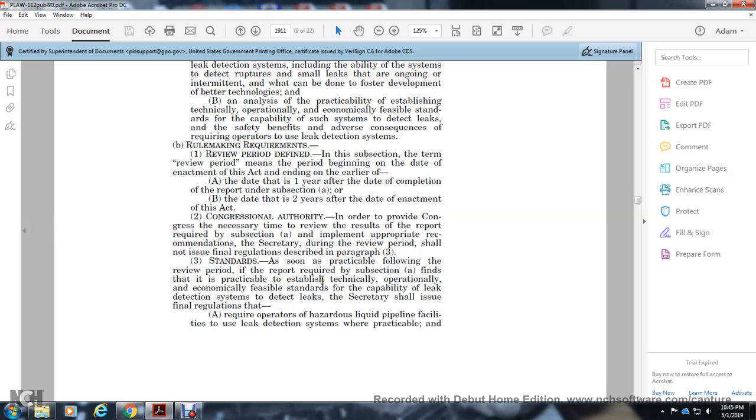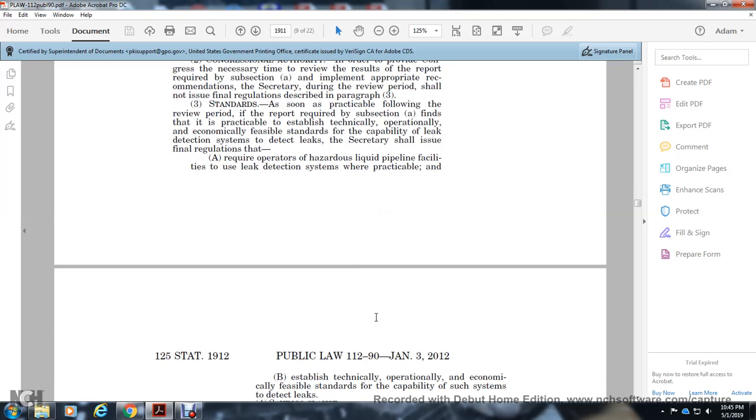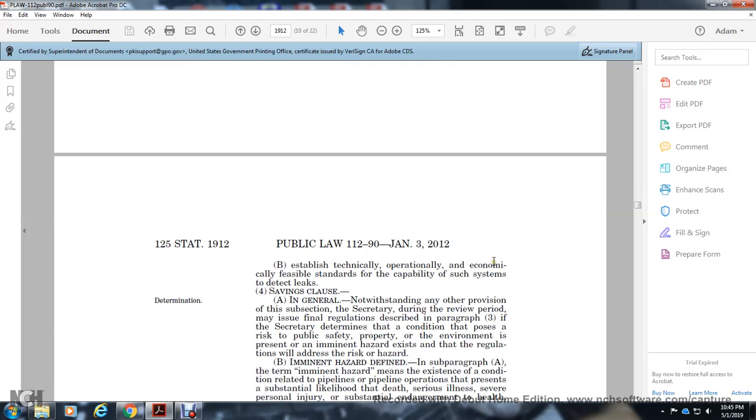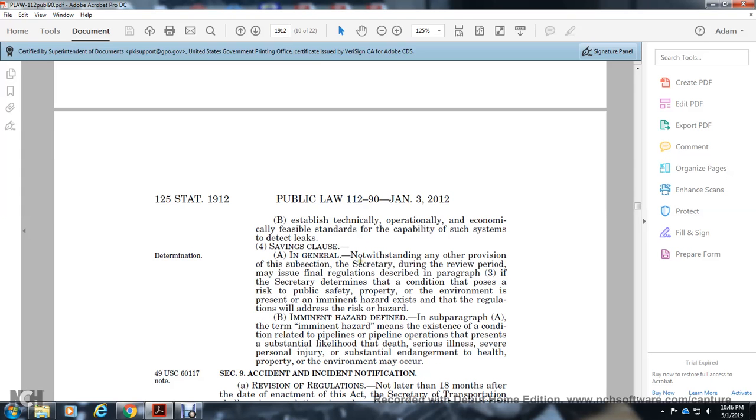Standards: following the review period, if the report required under subsection (a) determines it is practicable to establish technically, operationally, and economically feasible standards for the capability of leak detection systems to detect leaks, the Secretary shall issue final regulations that require operators of liquid pipeline facilities to use leak detection systems meeting such standards. Savings clause: notwithstanding any provision of this subsection, the Secretary during the review period may issue final regulations described in paragraph 3